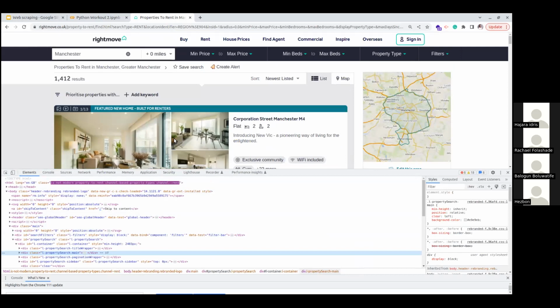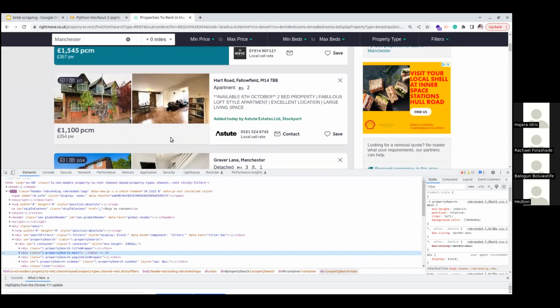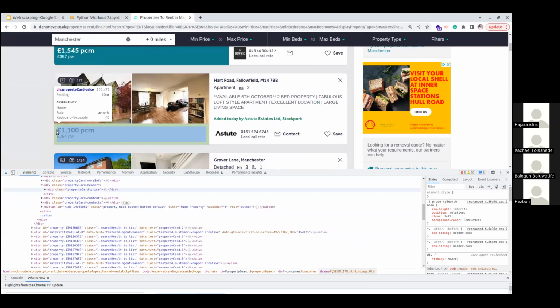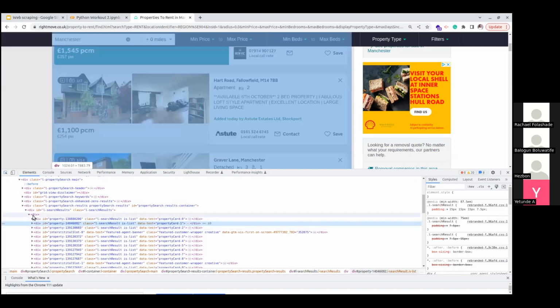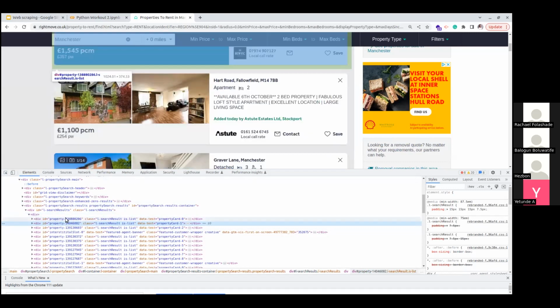Let's go to the very top. Like I said, you come to this arrow, you click it, and then you try to see where this entire frame that covers the details of the houses is located in the space of this HTML. For this one, for instance, we will see that there is a big div. As I highlighted the div, it is highlighting all the houses in this current page. So there's this big div, and inside this big div, there is each apartment.